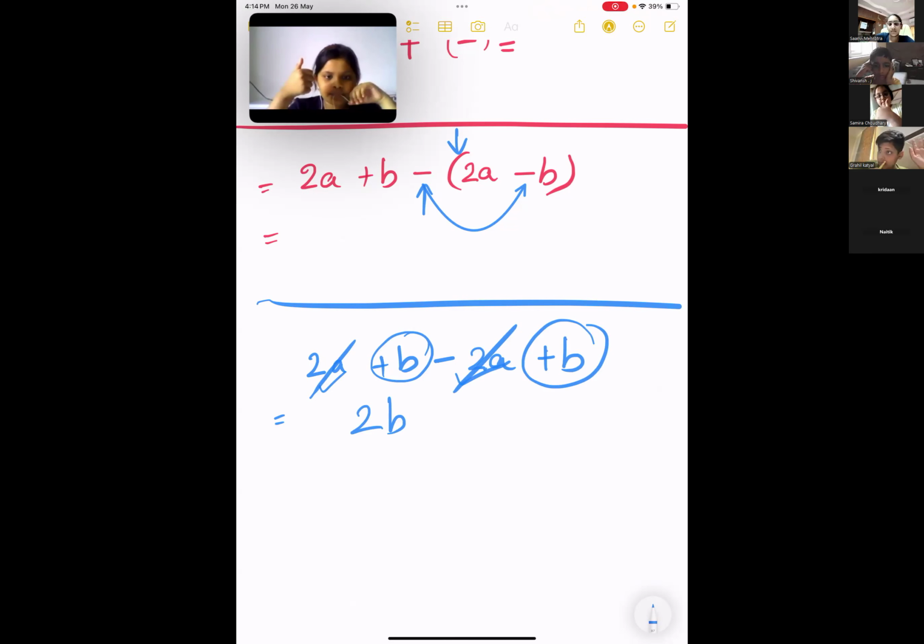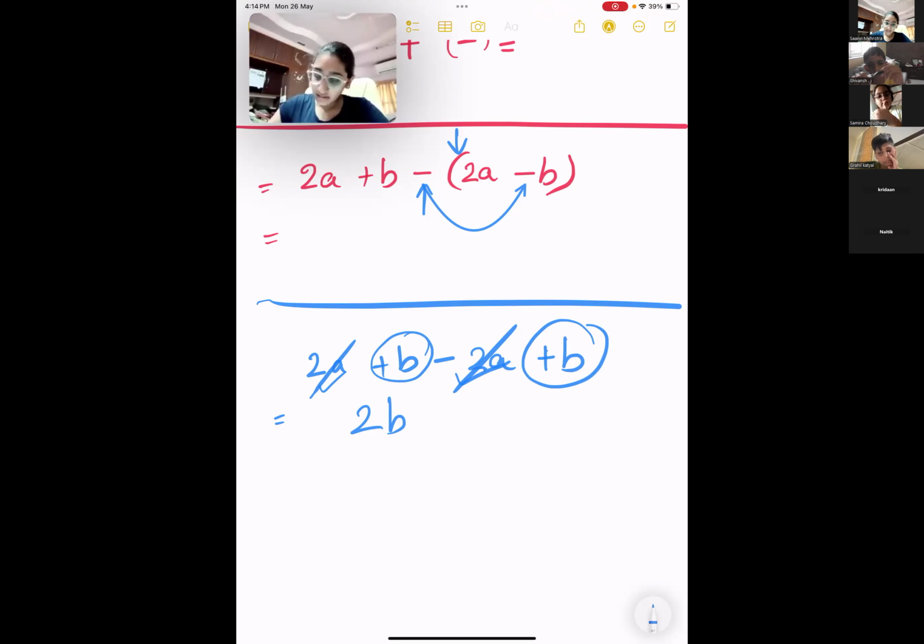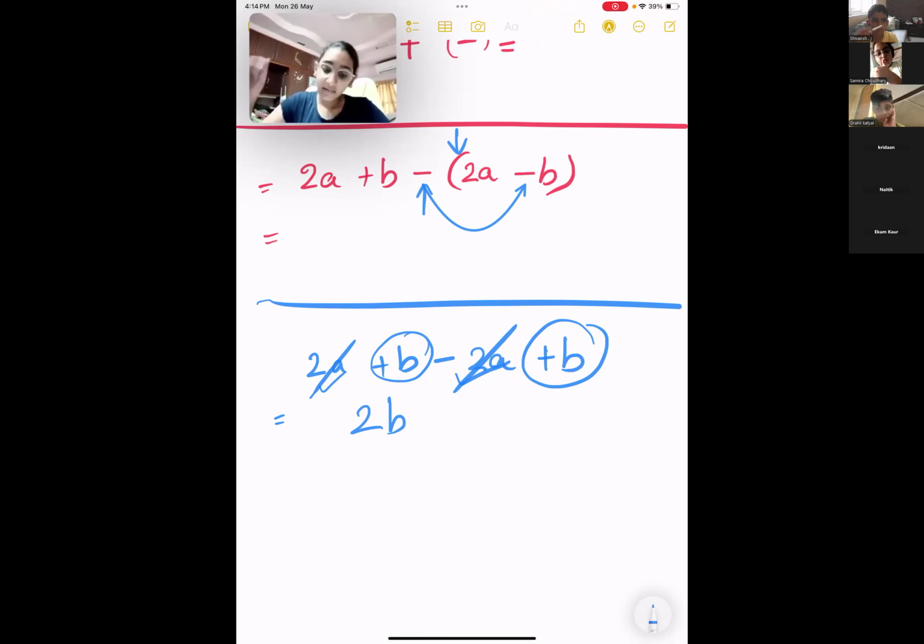Advait, did you get it right? Sanvi, did you get it right? No, ma'am. You did not understand? Yes, tell me, Sanvi. Ma'am, I came to the conclusion of 2a plus b minus 2a plus b. That was clear. But then, after that, I added 2ab minus 2ab and I returned to the answer 0.